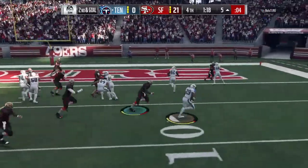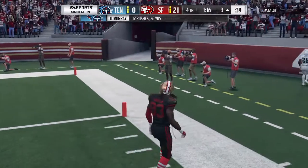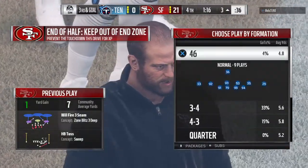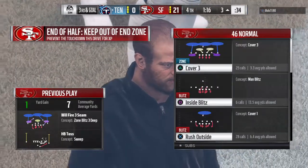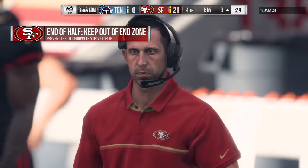Again, it's Murray. Call it a gain of a yard as they get a little bit closer here. It's 3rd and goal. 2 straight shots on the ground. Now on 3rd, do you go to the air? I think the possibility exists, and if you're doing it, you're probably going